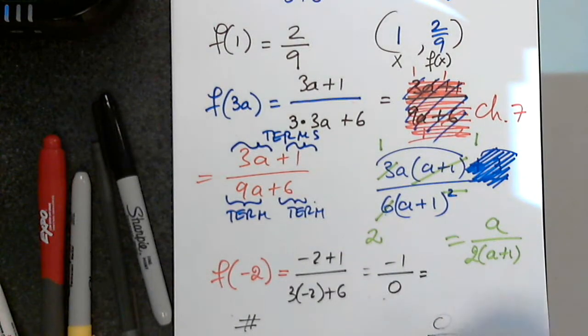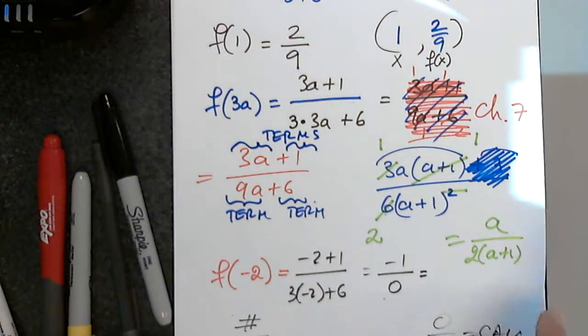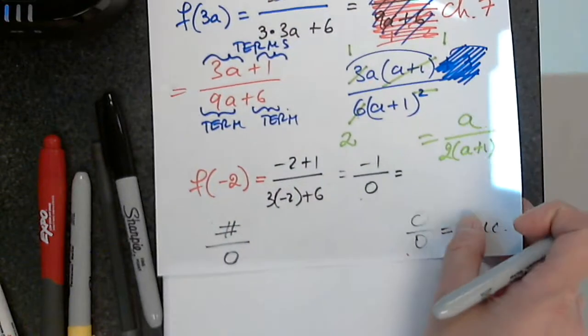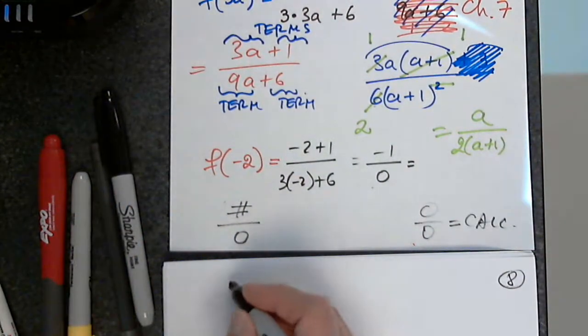0 over 0 is a totally different situation, and you have to wait till calculus. So a number over 0, not 0 over 0. Nope. So, okay, let's talk about this. This is very important. So assuming I have